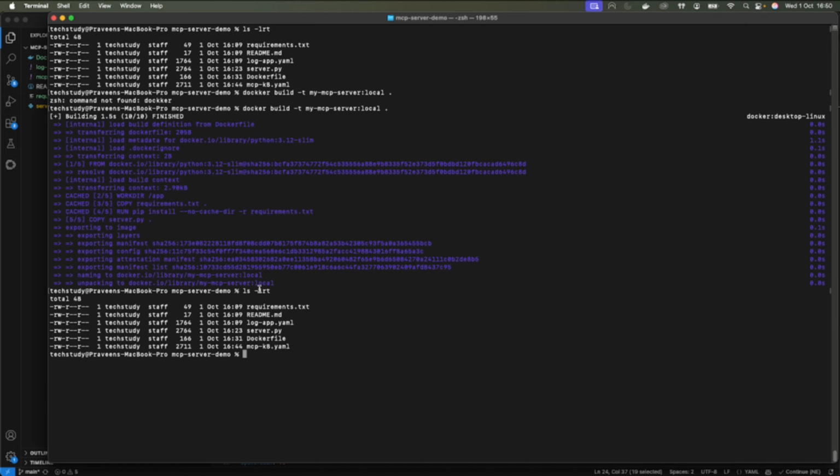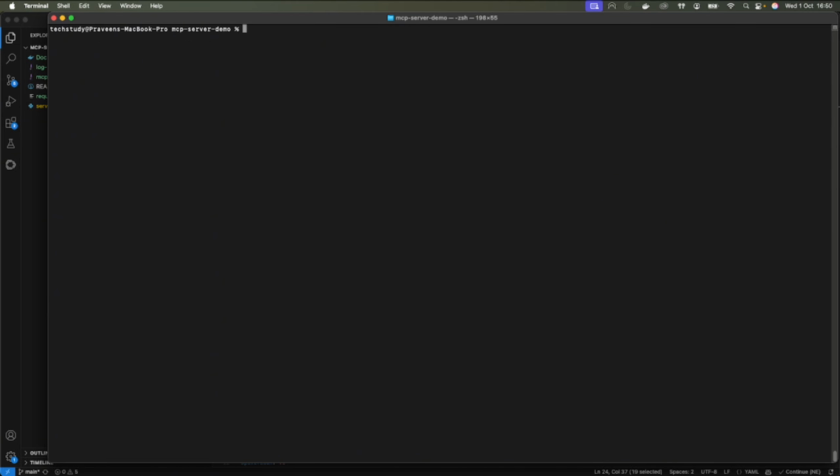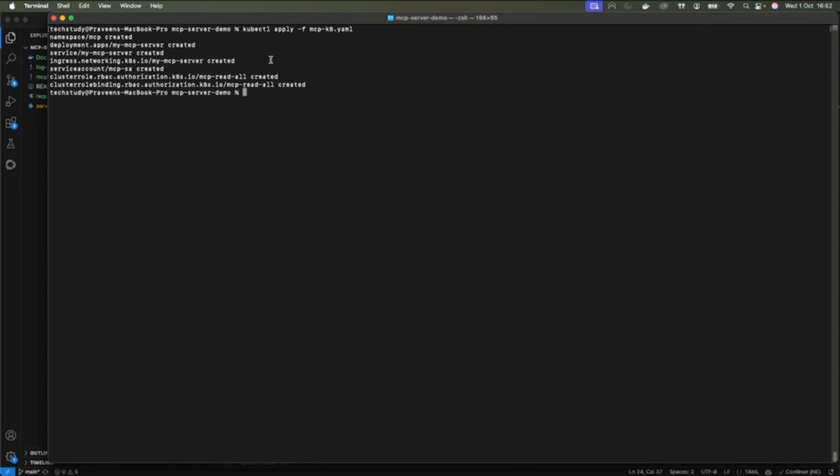Now we will be deploying the MCP manifest, the actual Kubernetes manifest for deploying the MCP server. kubectl apply -f mcp. So if you can see here, the namespace, deployment, service, ingress, service account, cluster role, and cluster role binding have been created. Now let me do a kubectl get pods